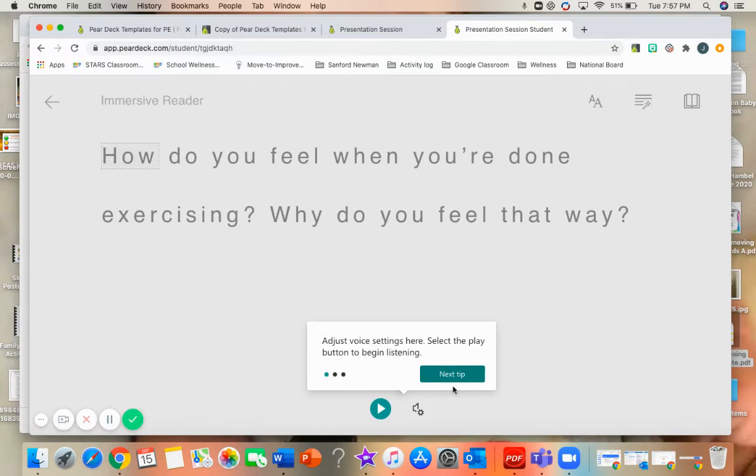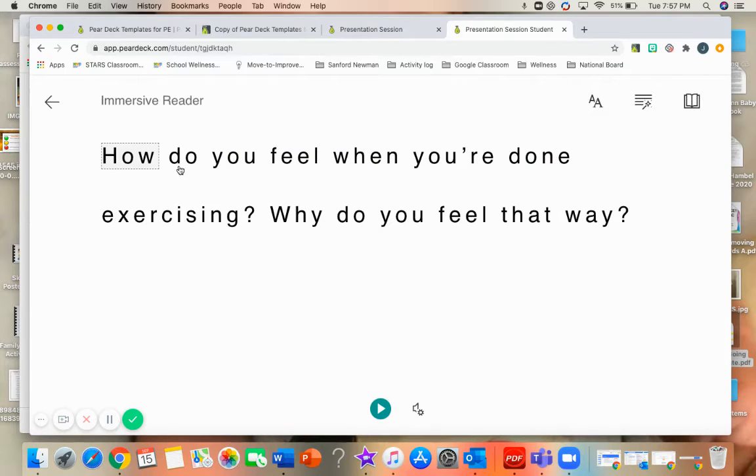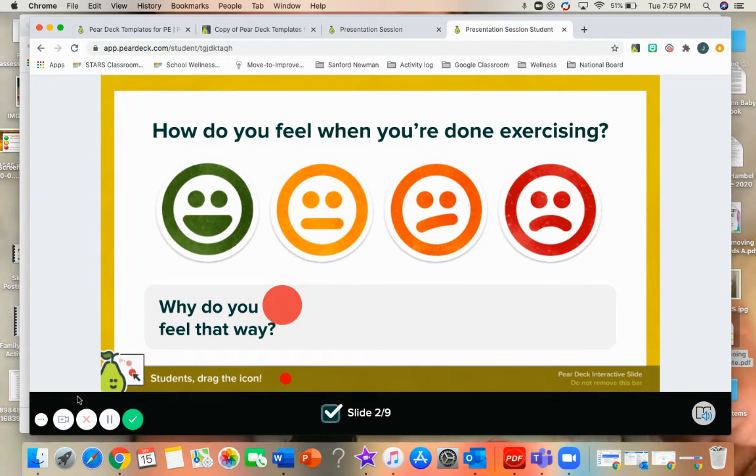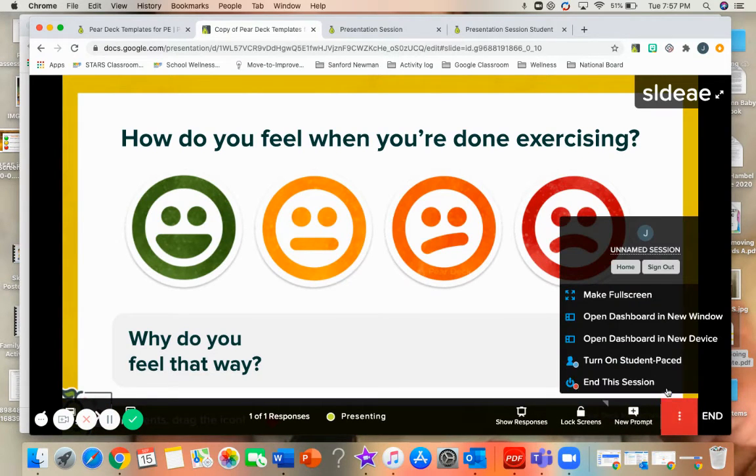You don't even need to. It just does it automatically. All I have to do is click here and get going. But one of the things is making sure that it's in student pace mode, because like the one I was just in,